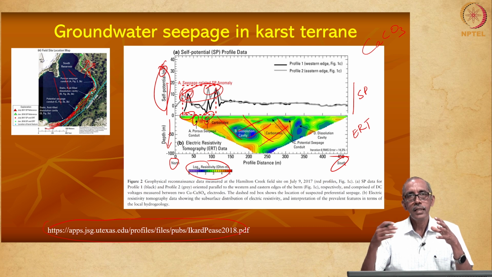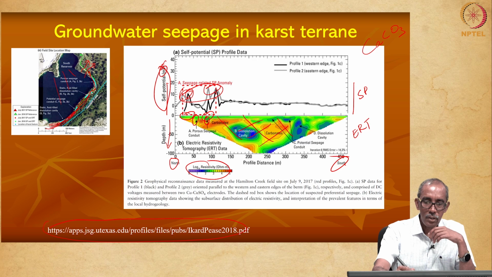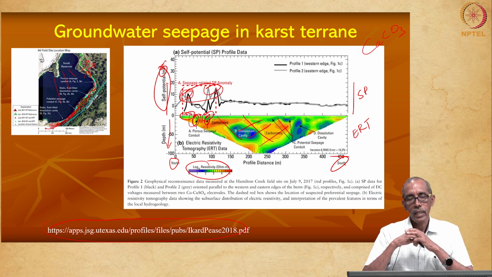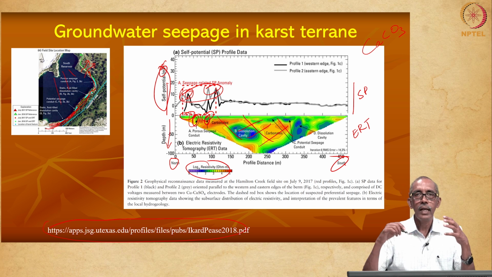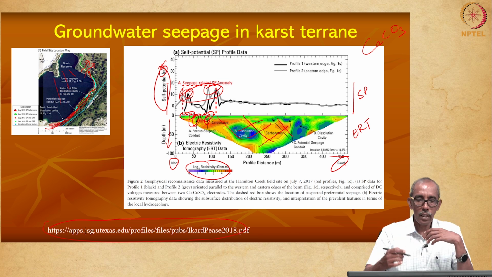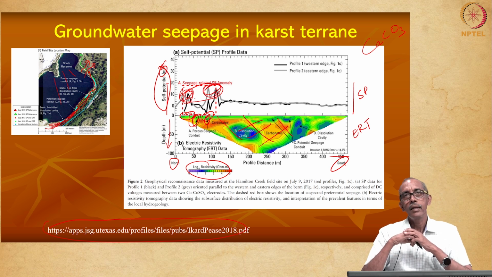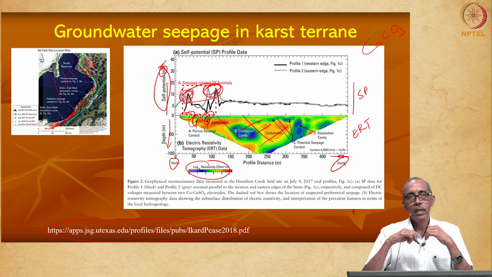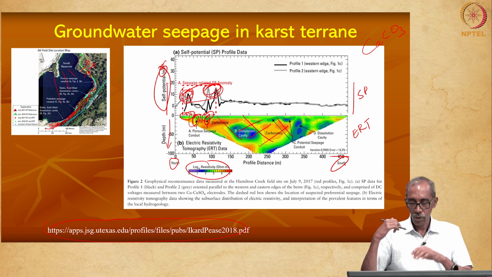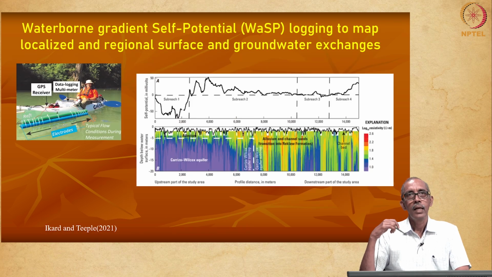The resistivity will be less in the zones where there is a lot of groundwater. So, here there is a seepage location, and the values of resistivity are very low. Similarly, wherever there is more water, there is more electrical potential, which is indicated by the higher SP values. So, beneath the high SP values, there is likely to be some leakage of groundwater. That is what has been reported in this study.